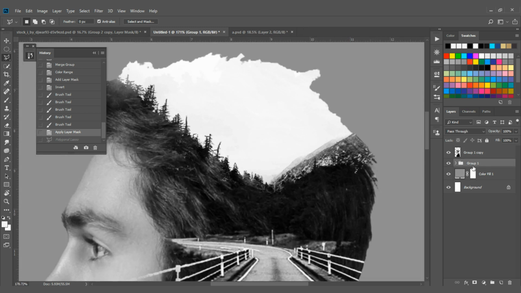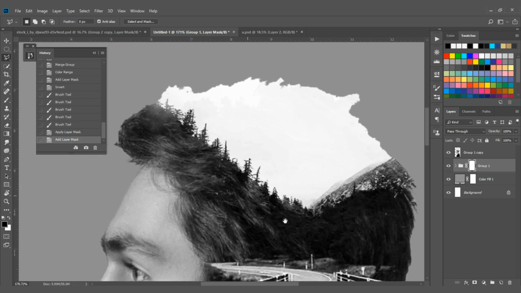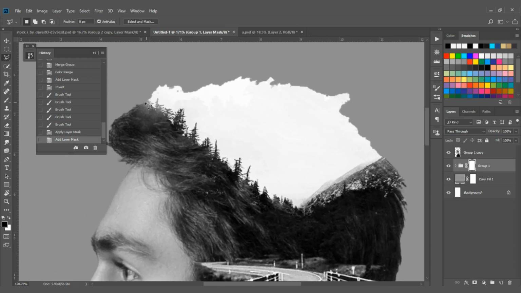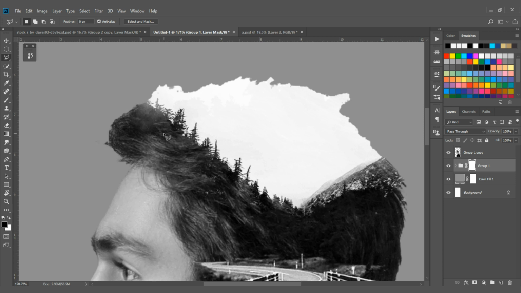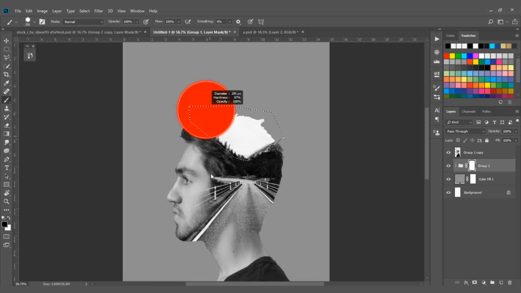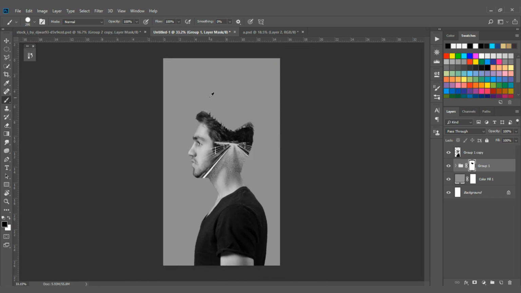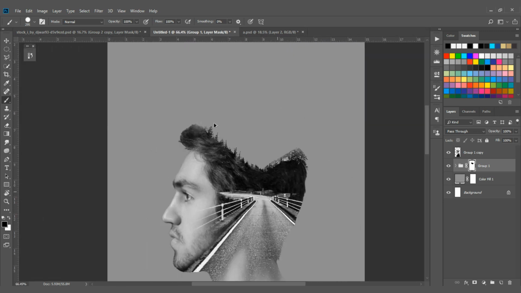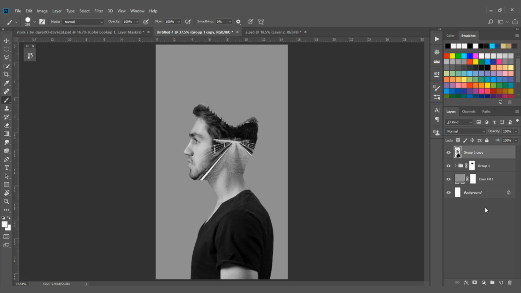And then select your group and add a layer mask by clicking this icon over here, and then select your lasso tool or press L on a keyboard and select this part of your image and then just paint black. We are almost done now. You can leave it here, but if you want to add more color, then just go to this adjustment panel